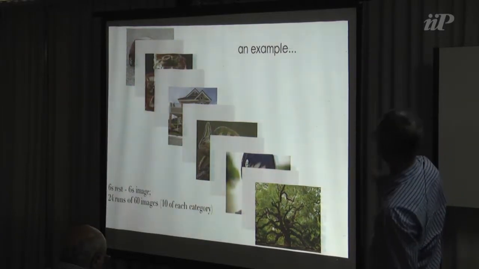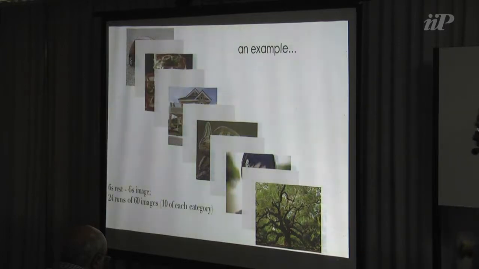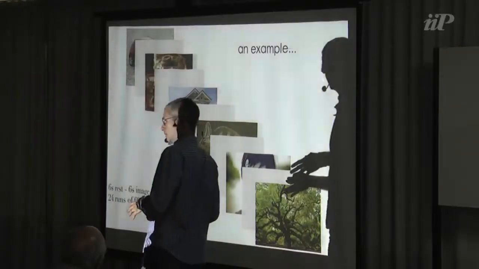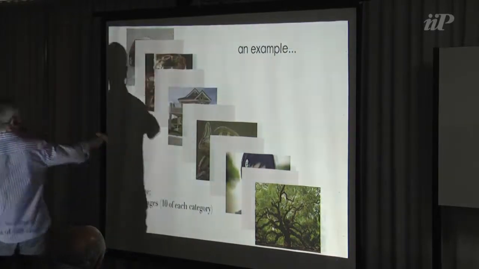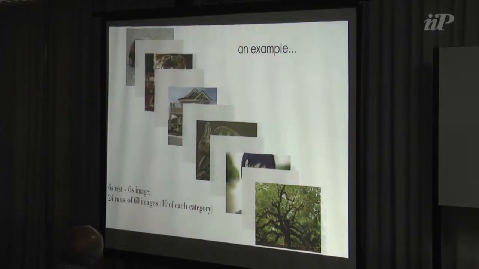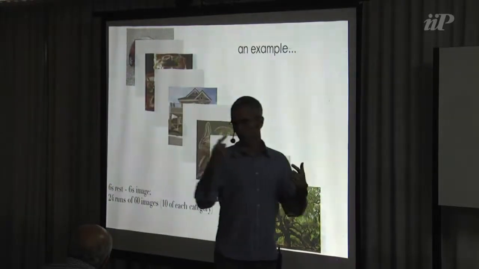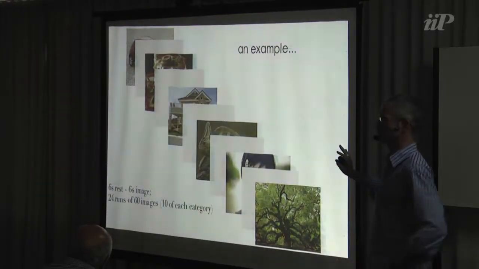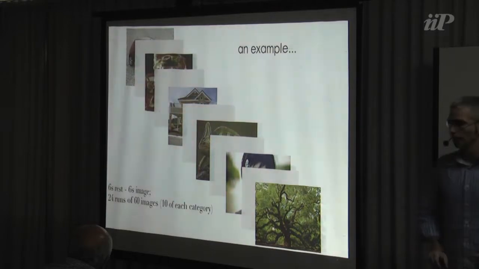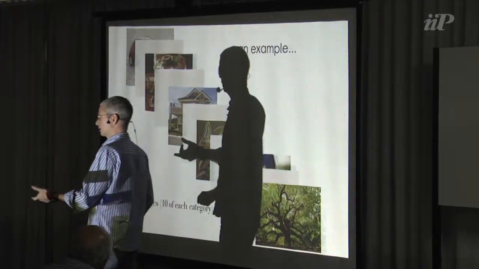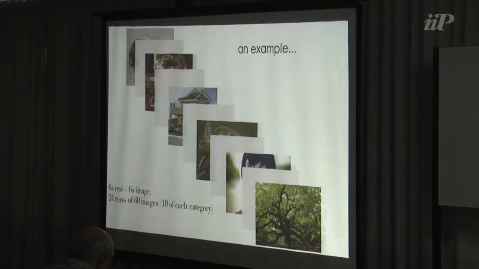We did 24 runs of 60 images. That means 12 hours of scanning time. So 24 runs of half an hour, and in each half hour the individual is looking at mixed up, different images. We have 60 images, 10 of each category, and we keep showing the individual for a couple of hours, 12 hours. All right. Now, what we do is we train this network for each individual category.